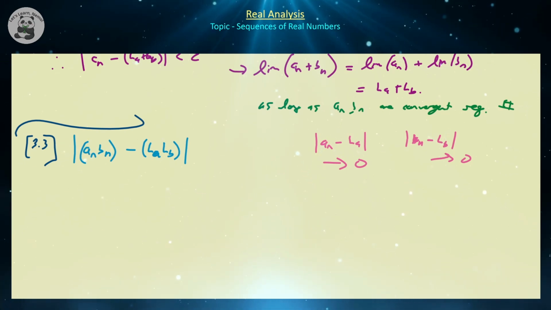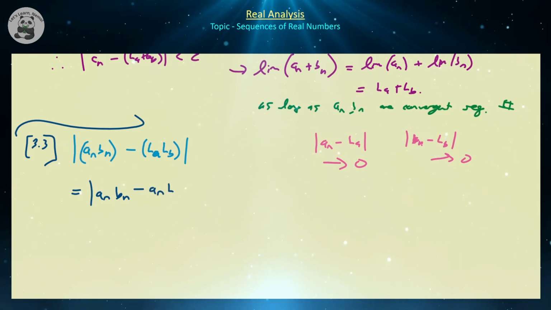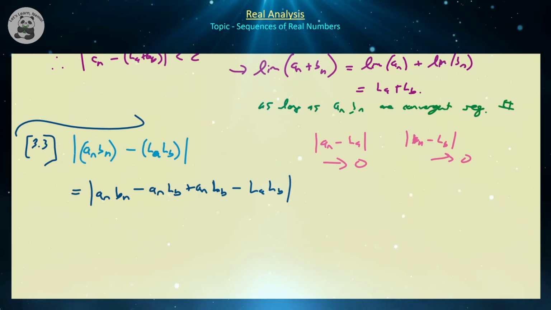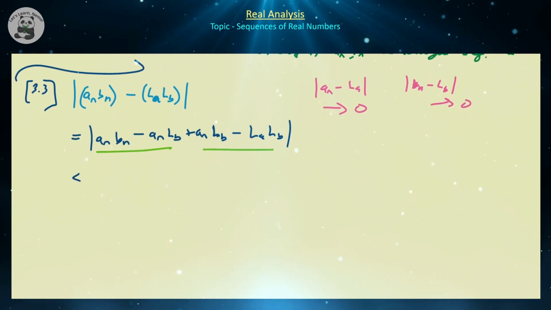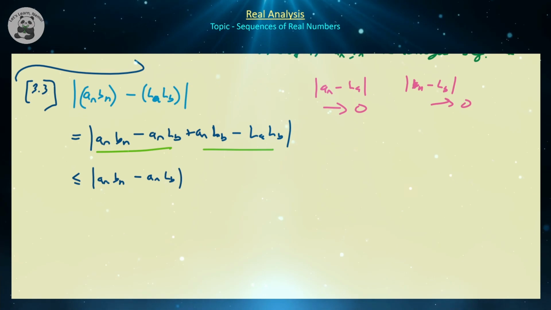So the best way to do that, at least classically, is going to be letting this be equal to An and Bn and some cross product terms. And there's a couple ways to go about this, but I'm going to choose An and LB, the sum of and difference of those two. And then we're going to have our LA, LB term at the very end. Okay, so I'm going to treat those two terms as real numbers, and then triangle inequality this thing. So this is going to be less than or equal to